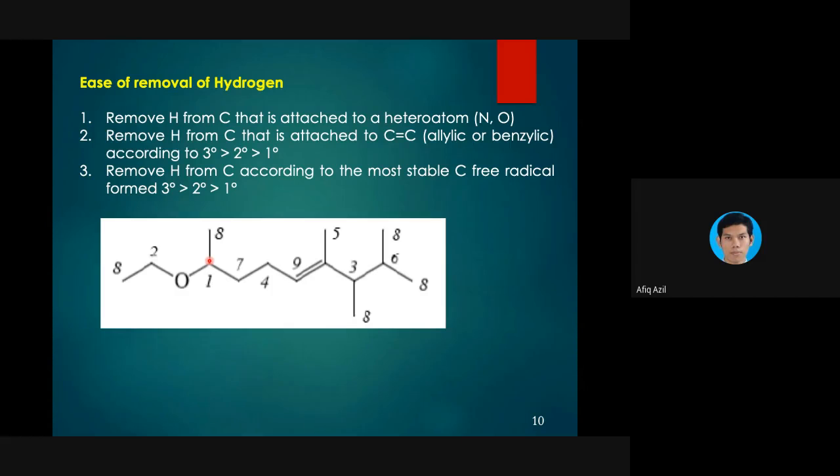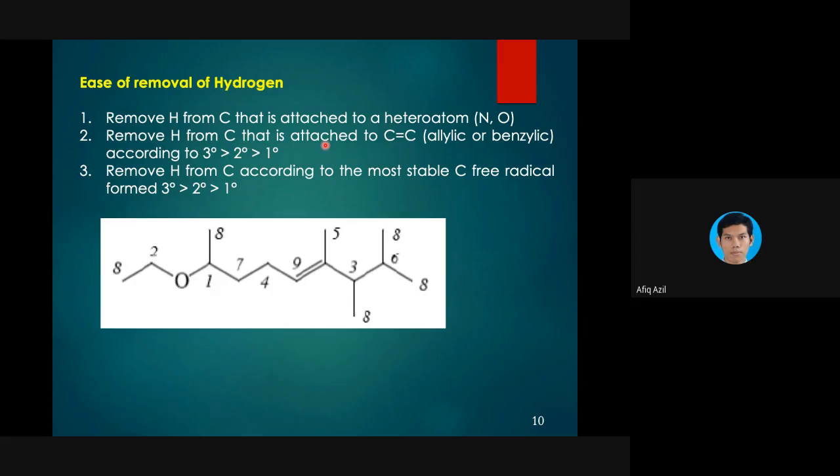And among these two carbons, you have to choose according to tertiary, secondary, and primary, tertiary being the most stable. Between these two, this is considered to be primary because it is bonded to only one other carbon, while this carbon is bonded to 1 and 2, so this is secondary. So secondary takes priority, then primary. So you have number 1 and number 2. And then number 3 is over here, and number 4 is over here, because according to the second rule, remove